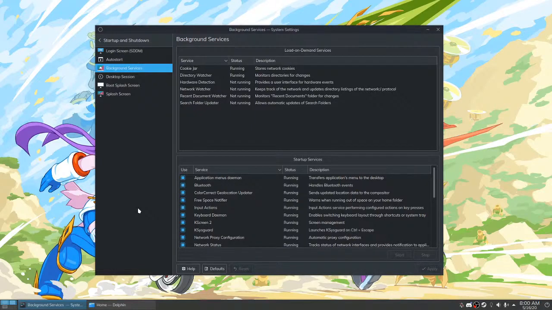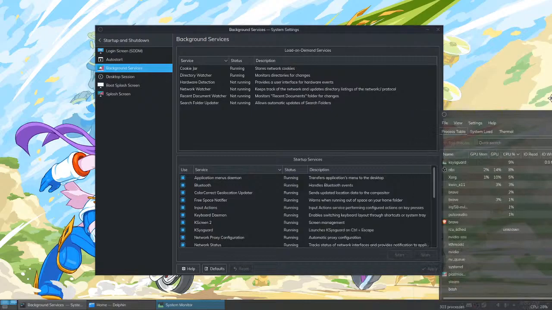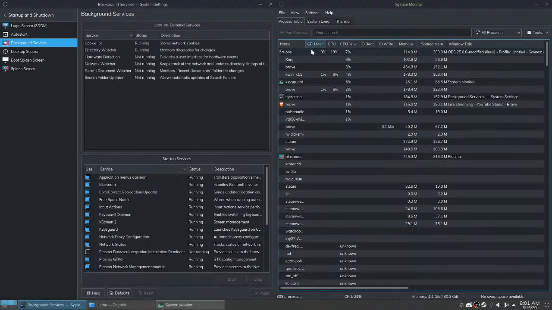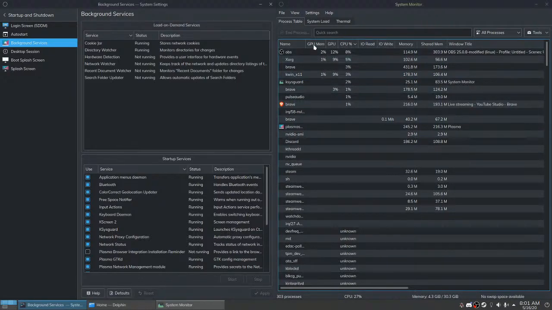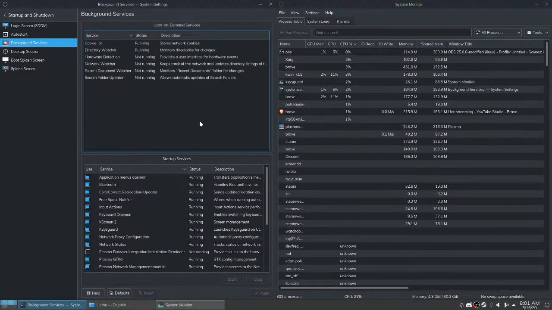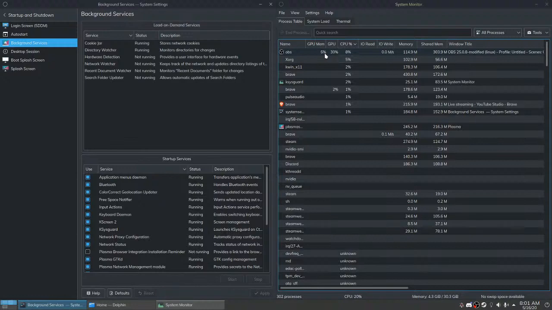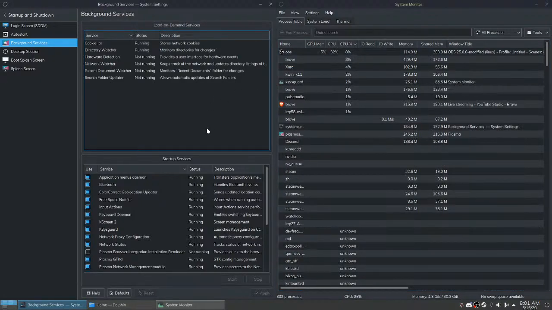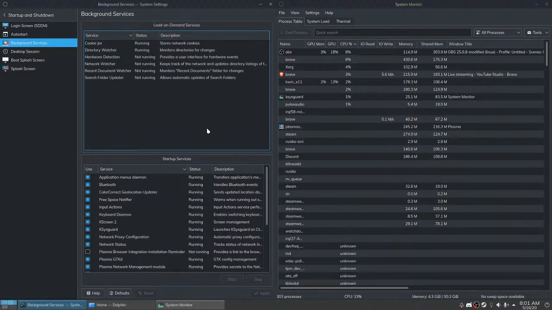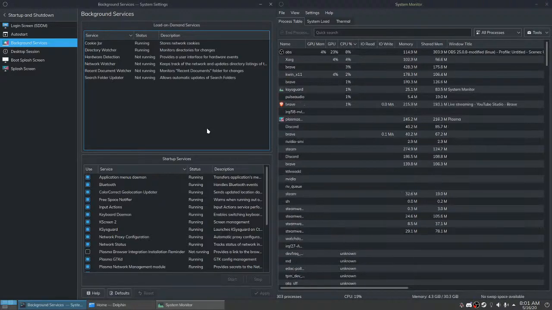Like, would it show GPU stats? I can. It might be a little distracting to have it just chilling in the background, though. You mean this? So I have GPU memory, the GPU usage, CPU usage, and then I/O stuff. Yeah, my GPU's not really doing much of anything. OBS is using the GPU's memory, though. I guess it would have to capture the frame buffer, and it puts it all in because it's NVENC. I don't really know why it would, you'd think it would just pass through.